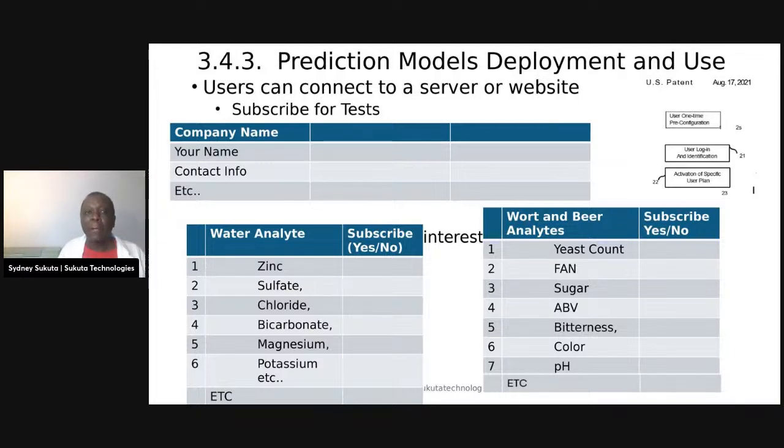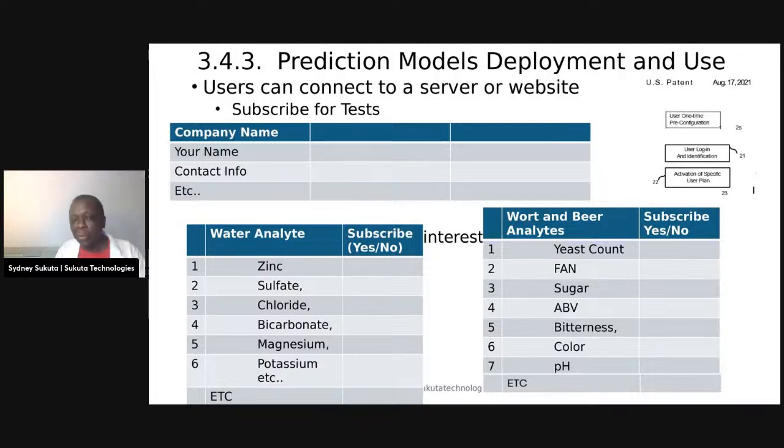And while I'm at it, on the water side, the reason why I got interested in water, first it was beer. Then I said, wait a minute. If the water chemistry is not exactly what you want, you're not going to get the beer you want. So it's very important that the water chemistry is profiled, number one. Number two, once you identify the water chemistry you want, to make sure it's consistent. And this AI spectrometry will do that. It will check and say, this is not the water you used last week. So you can have your water chemistry people do that, or wherever you buy it.